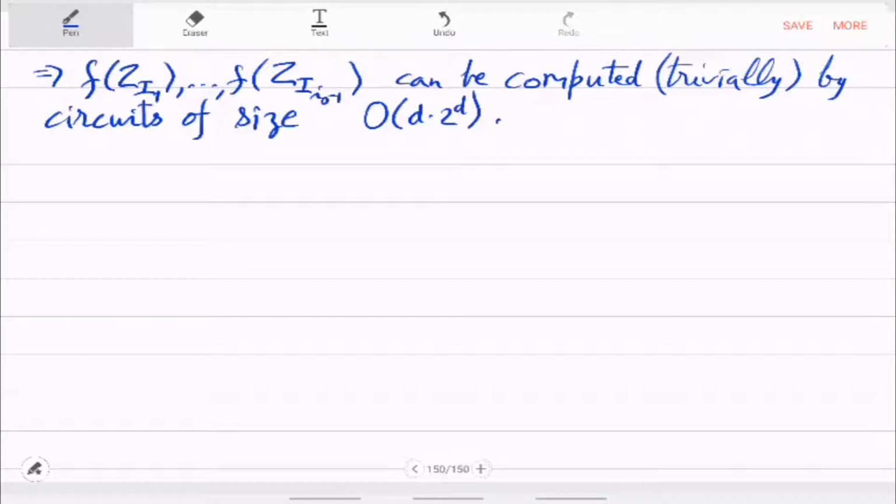So, you get this much sized Boolean circuit, which means that there exists a circuit B